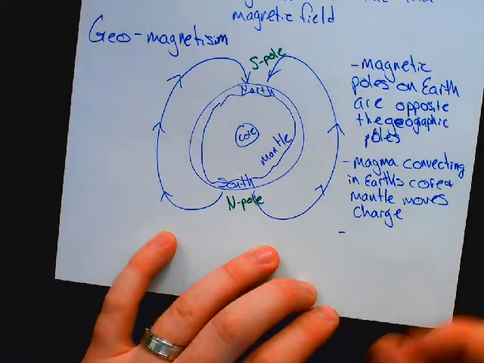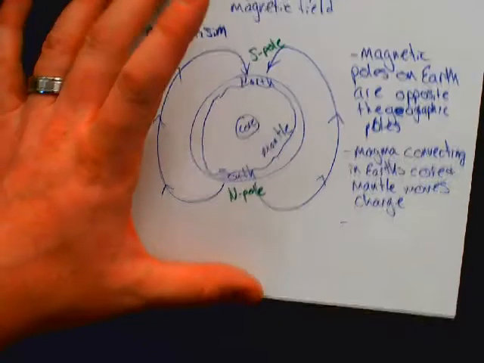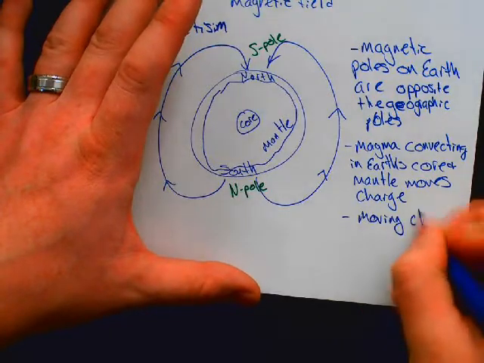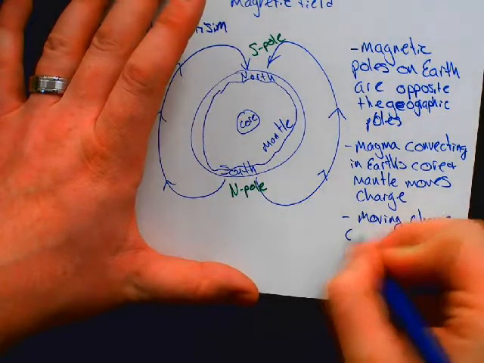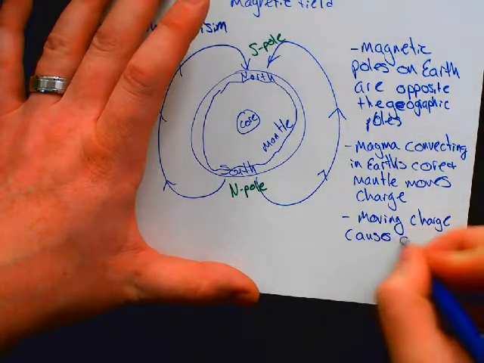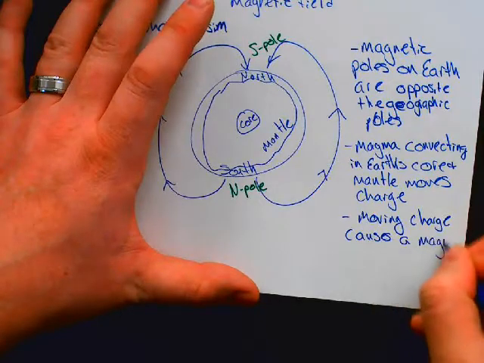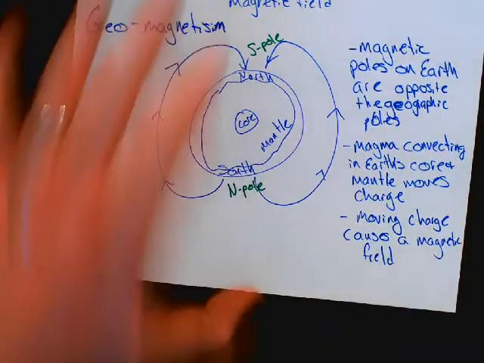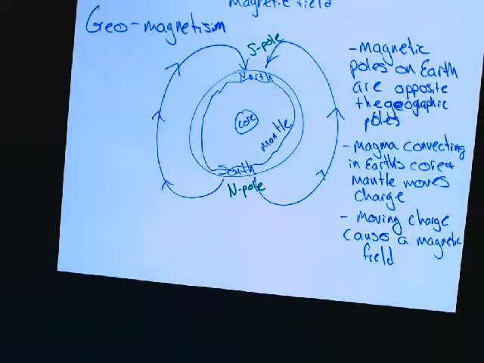Moving charge causes a magnetic field. Moving charge causes a magnetic field. Okay. With that piece of information, we can now actually talk a little bit about not just our planet, but